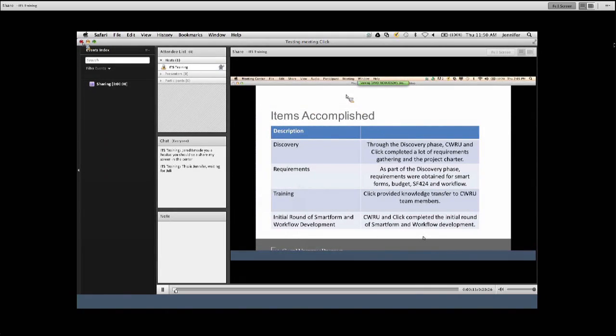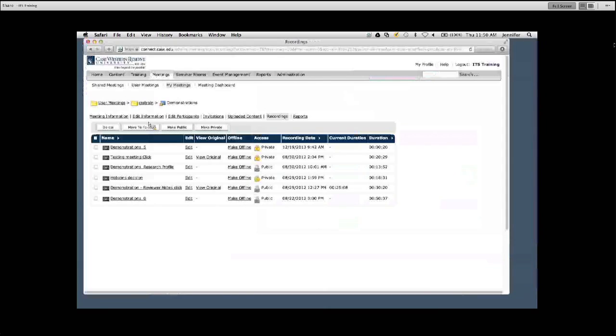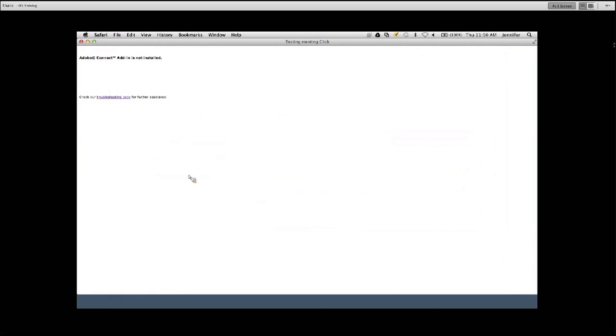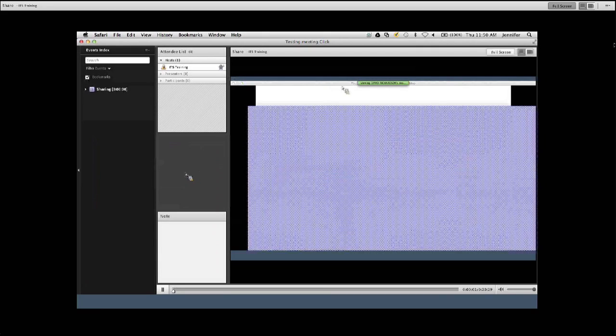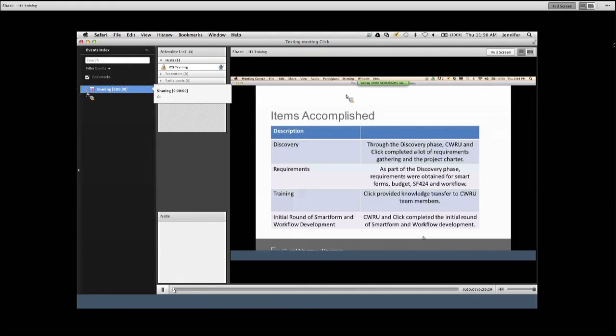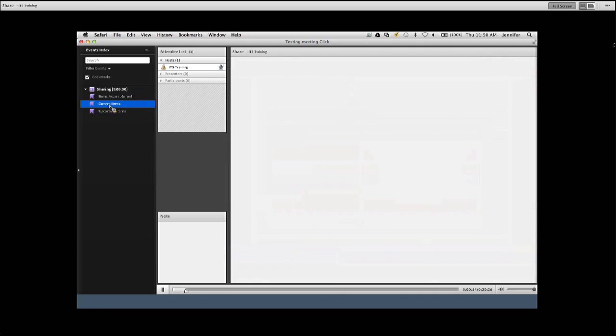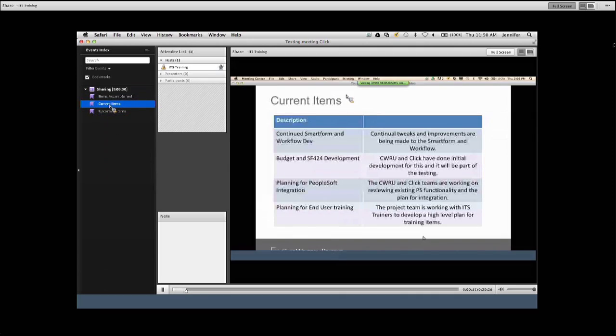So just to give you an idea of some of the things that you can do, I will now show you, I made some changes based on all the new information. If I go to my meeting, I'm going to click on my link and it's going to open up, and it should look a little bit different. You'll notice my chat pod is gone. Also, if I go up here and click on the drop down for sharing, I have actually bookmarked some items. If I want to jump ahead to current items, it's going to take me right to that point where I've